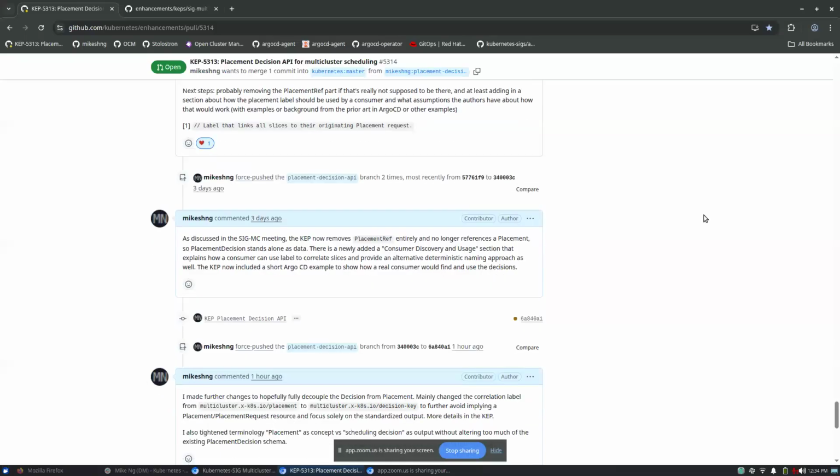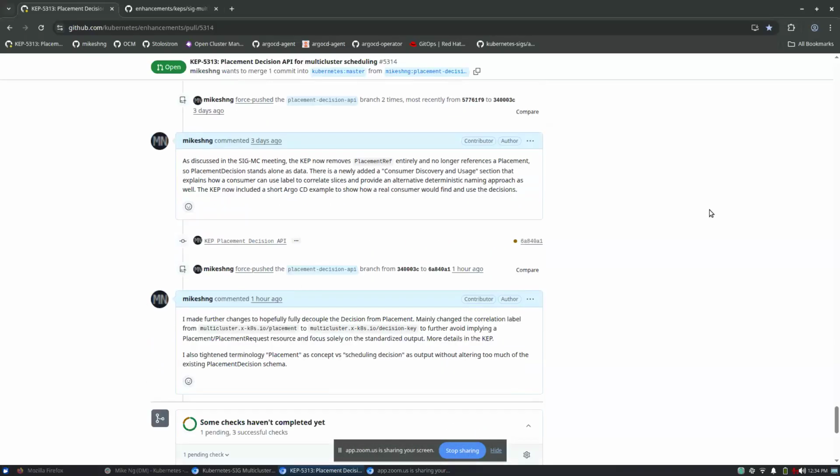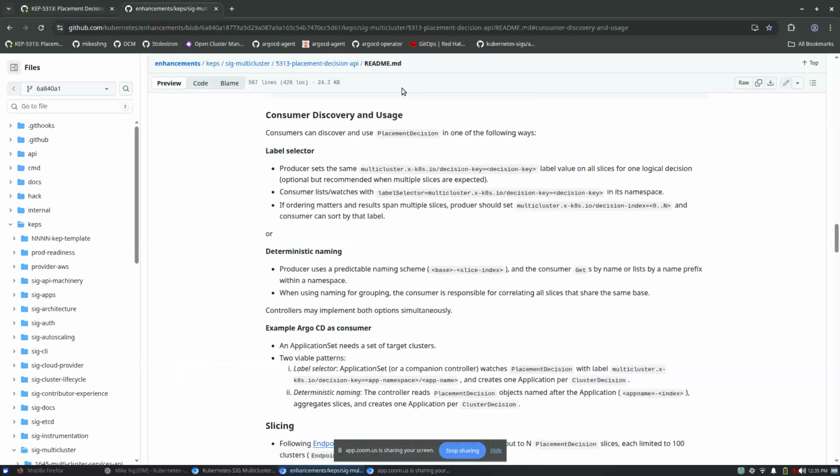So based on that discussion, I've made several changes and polished up the overall cap. I'm sorry that I made those changes quite late, so please take your time to consume them. In general, we talked about removing the placement reference completely, and having more explanation on how the consumer will discover and use the placement decision.